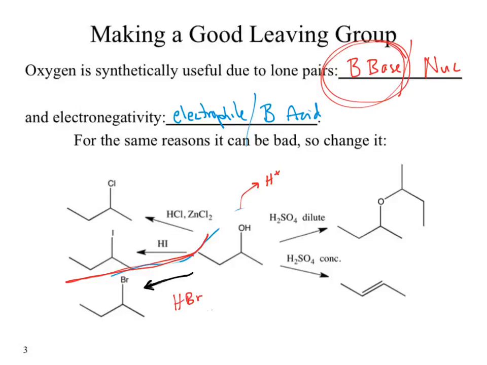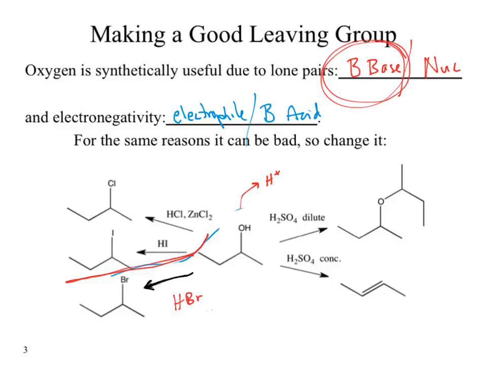HBr. What if I wanted to convert it into an iodide? It's the easiest way I could do this. I supply hydrogen and I supply the iodide and I have another strong acid. Could I do this with a chlorine? Yeah, ultimately I can. We run into an issue with chlorine because you'll notice when we look at the chlorine